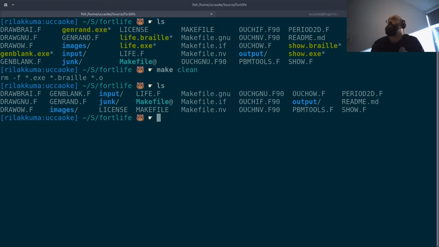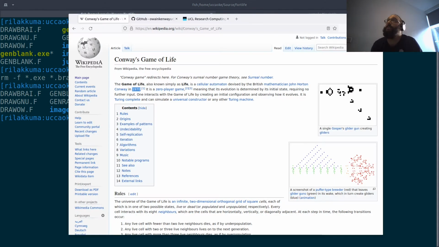Okay, so the code as you get it has a bunch of Fortran code. It's both Fortran 90 and Fortran 77. There are some makefiles. There's this makefile in capitals, which is for Watcom. So that's how you build it on DOS. If we actually look at how we build it in Linux, well, if we look at the instructions on the README back here in GitHub,